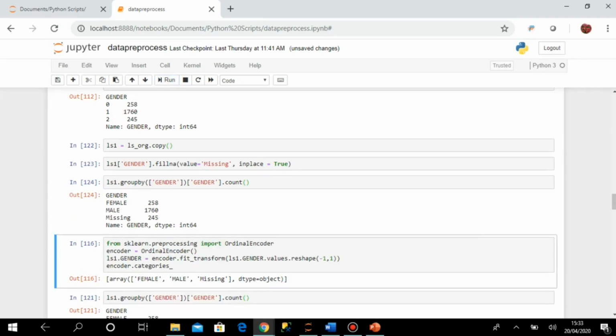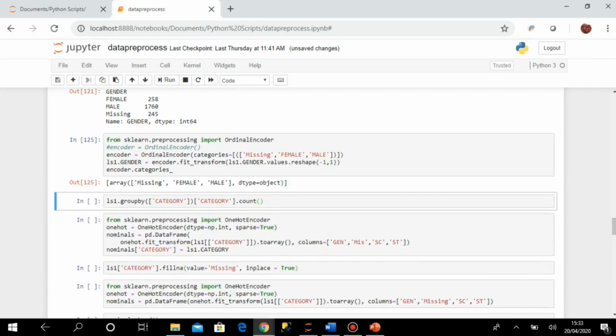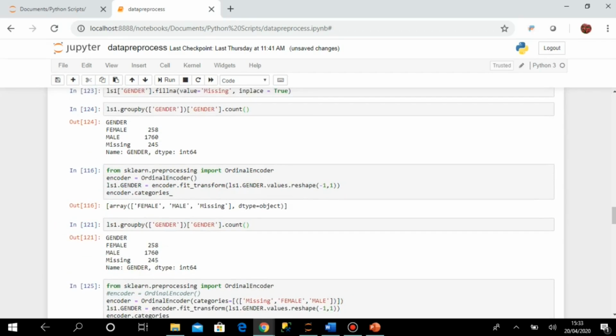So I have these 3 groups now. Now I will go here. I have these 3 possible categories, now in a different order. I am sending missing, then female, then male. So if you now execute this,